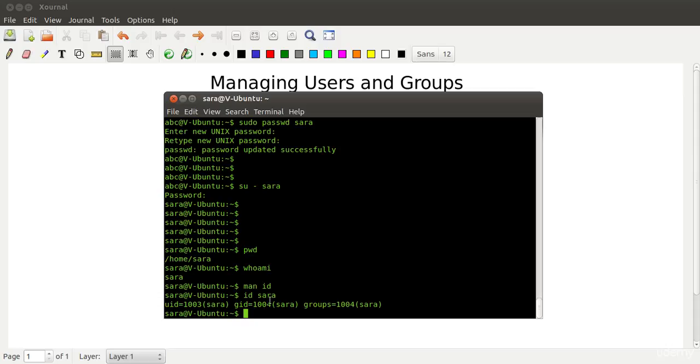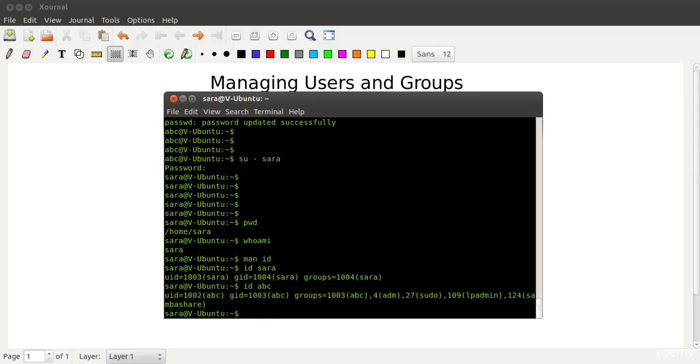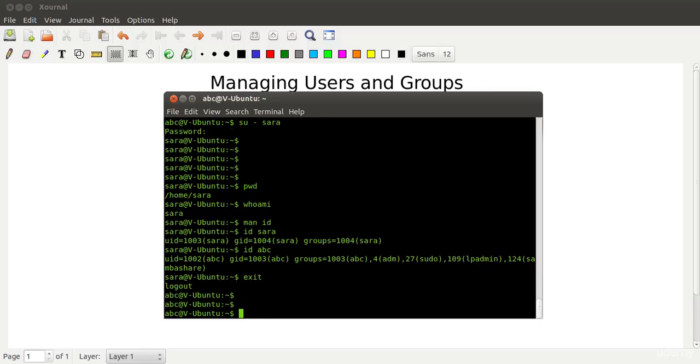Now let's try to make Sarah a group member of the ABC group. So let's first find out what the group ID for user ABC is by typing in id and ABC. So the group ID for ABC is 1003. So let's head back to our user ABC because it has got root privileges,